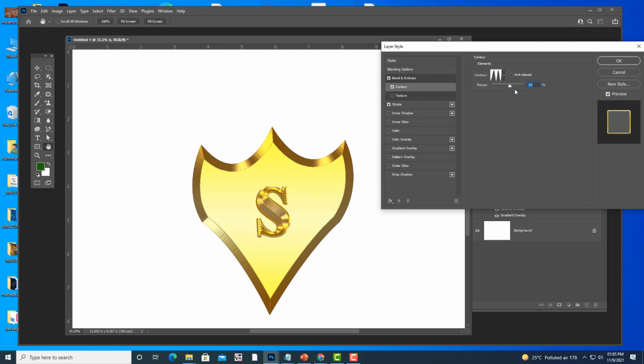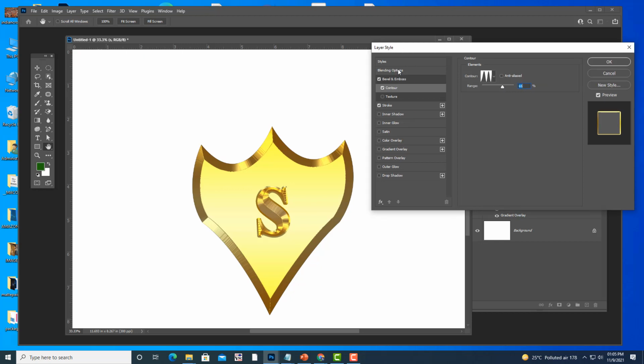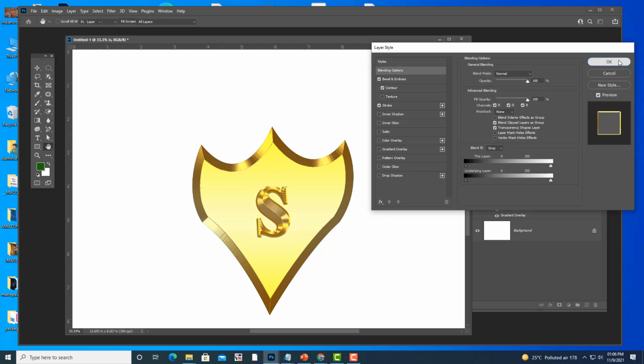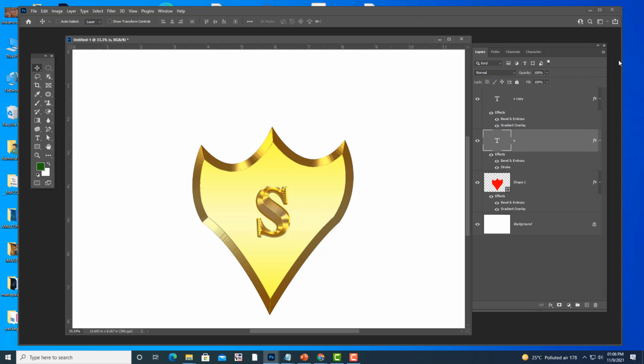You can see some border around that text. Some nice interesting shield effects we can create. So this is how we can use it. We have used both text as well as the pen tool to create this nice shield.